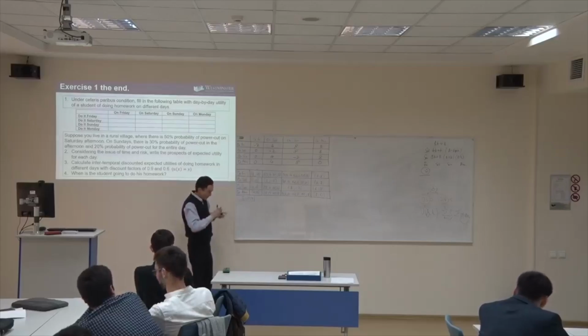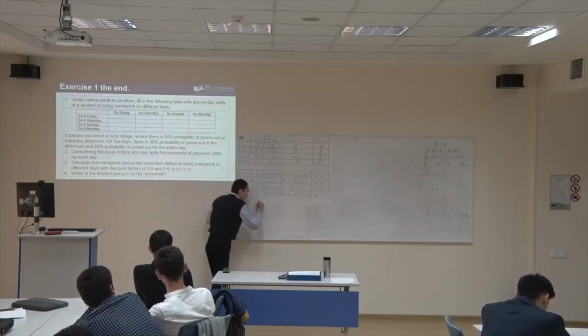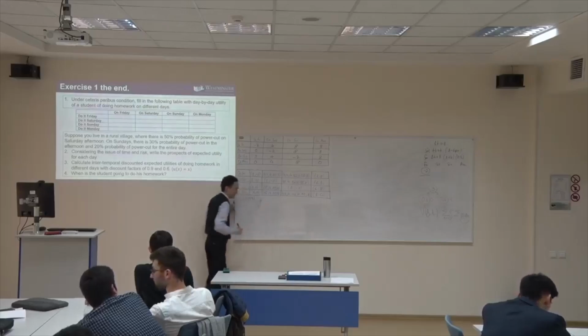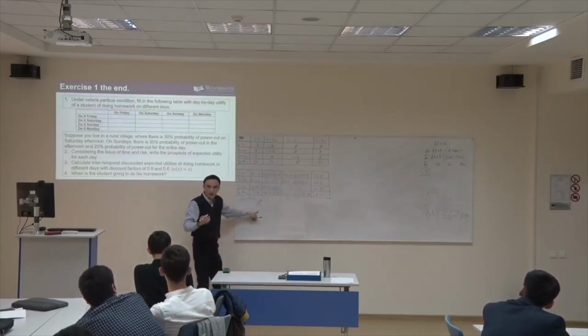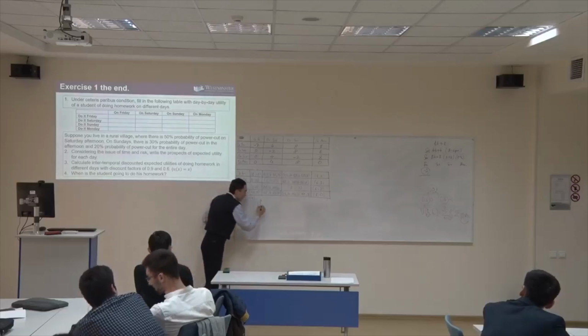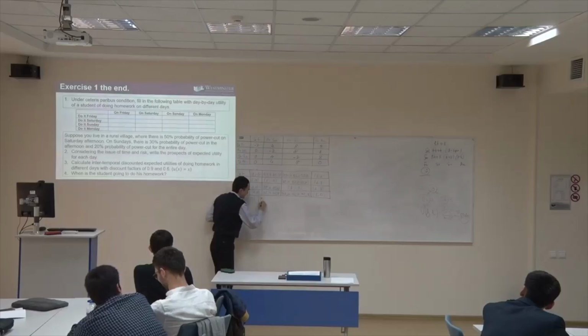Okay, now pay attention and understand how we are going to calculate it, all right? Good. So we are going to find the student's utility for 4 days. Overall 4 days intertemporal utility. And he decides to do it on Friday. So what if I do my homework on Friday? Let me just write it over so we have more space here. So the utility of 4 days if I do it on Friday equals